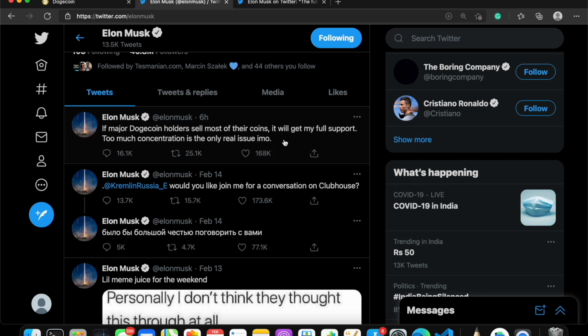So Elon Musk doesn't like that. What he's saying is, whoever is holding those coins should make sure he distributes them to others, or he should sell his stake and reduce his percentage in Dogecoin. That is the real meaning behind a people's currency, right? If someone is getting rich, we have to become rich together.